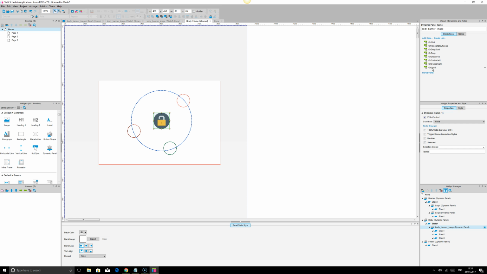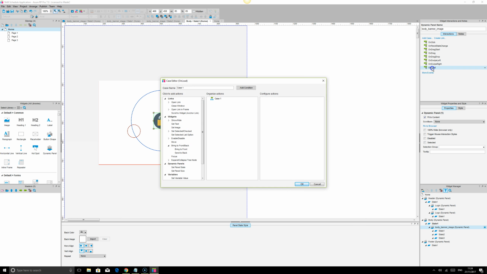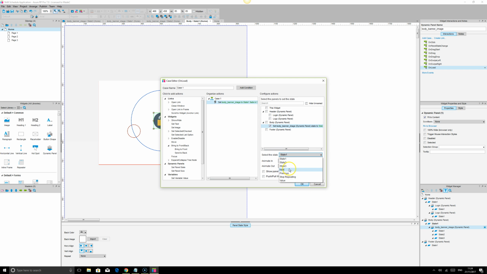So that means on page load we want the widget to set. So we just go to set panel and say body banner image, and we just say fade, and we can just say select state, we can say next, and we can say wrap from last and repeat every 1000, or